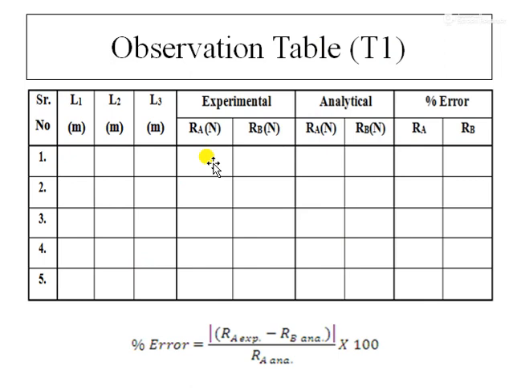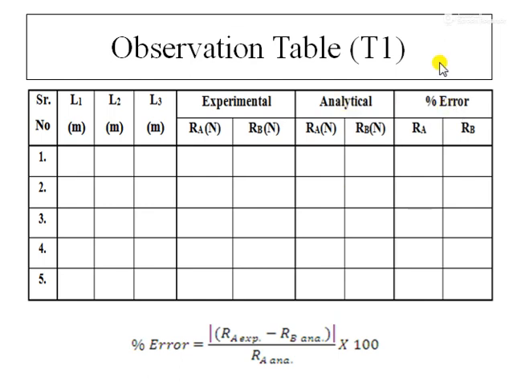Now the experimental values of Ra and Rb in kgs that we got from the spring balance will be converted to Newton and substituted here. The values of Ra and Rb from the sample calculation that I have shown will be put here in the column, as I am showing in the diagram or in the video.